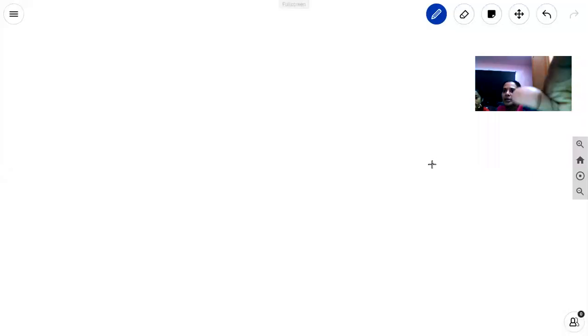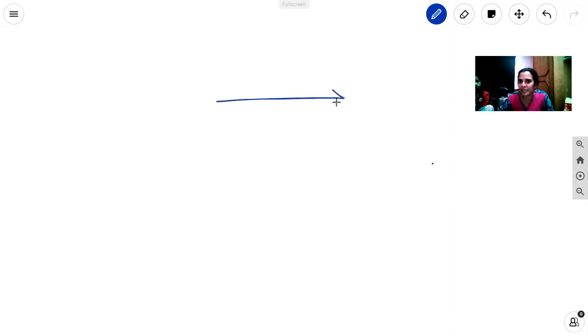Let us discuss some important formulas on the straight line. First of all, how can we define the straight line? If we consider the x-axis, it is a straight line passing through the origin, and along the x-axis means it is a horizontal line. Along the y-axis, OY is the y-axis, which also passes through the origin and runs along the vertical line. Vertical means perpendicular to the x-axis.